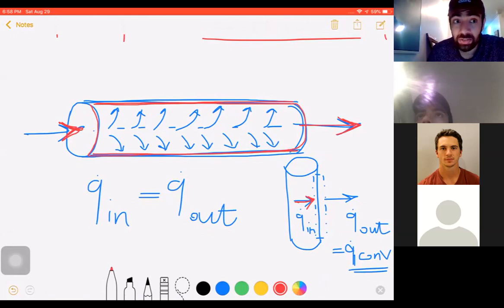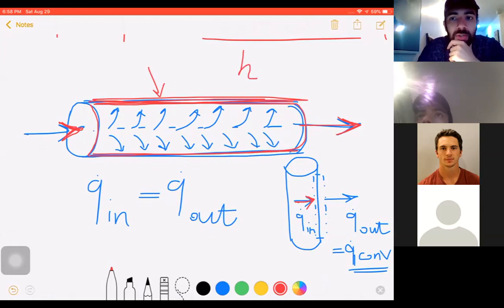So basically, it doesn't change anything about the outer surface, because insulating the inner surface doesn't change anything about the convection h term. Even if you insulate the outer surface of this cylinder, then you will not have a very effective change in the amount of convection,